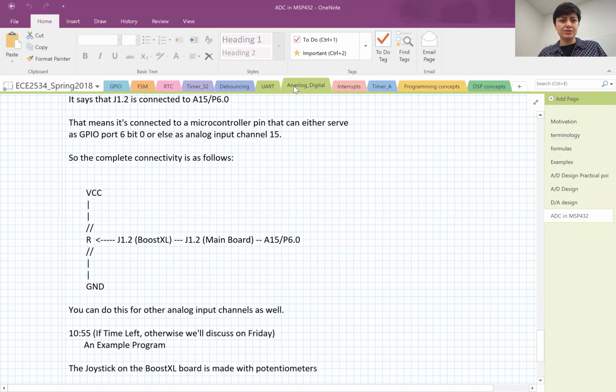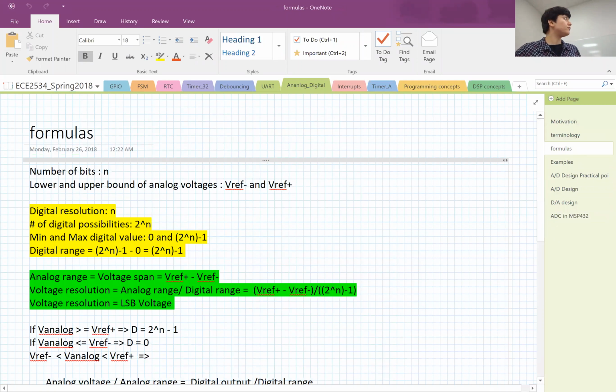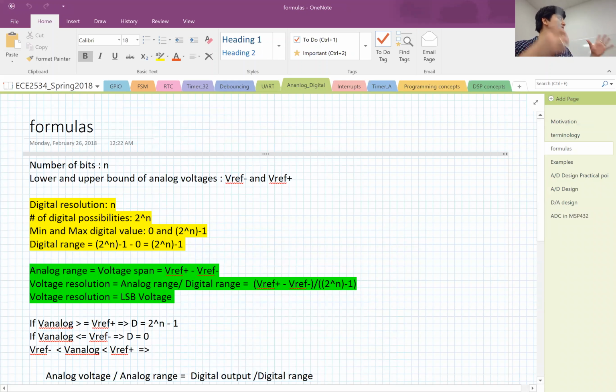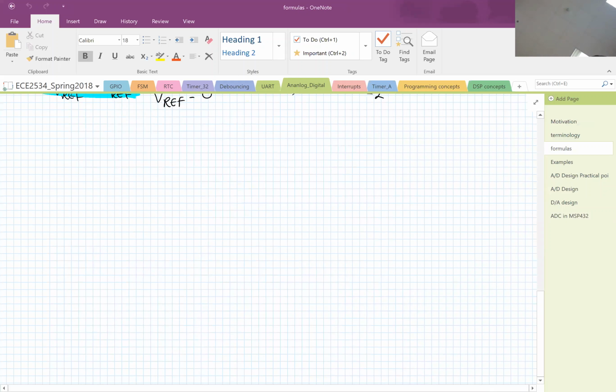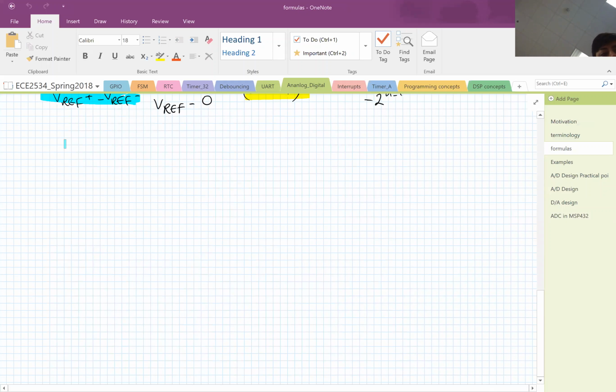that we had discussed earlier. And the two important things that I like to go over are SAR and the circuitry for D2A. But before we do that, let's just quickly review what we had for the formulas, which is the basic of everything that we do. The digital resolution, so if I want to summarize it down here, that we have,